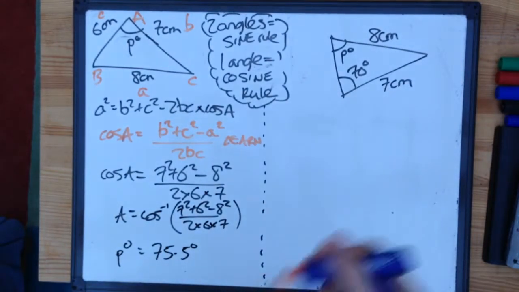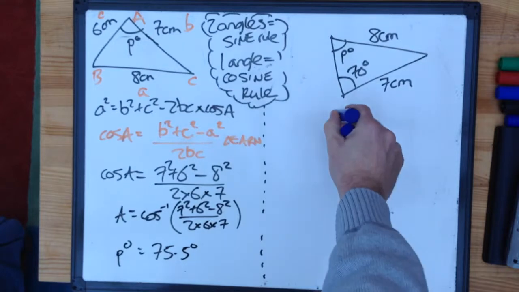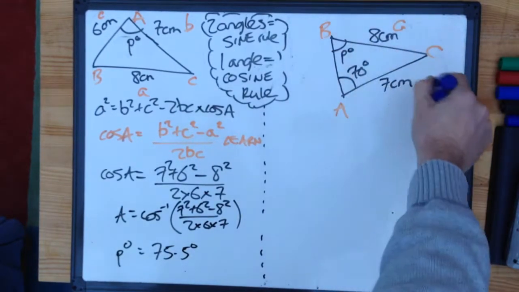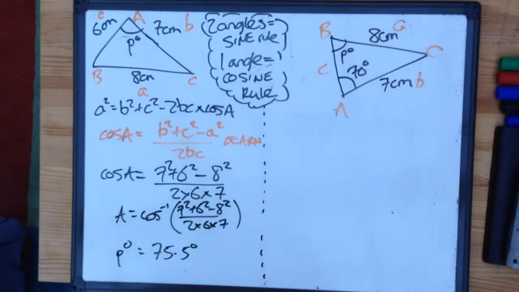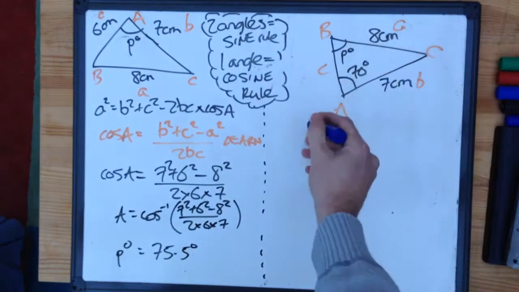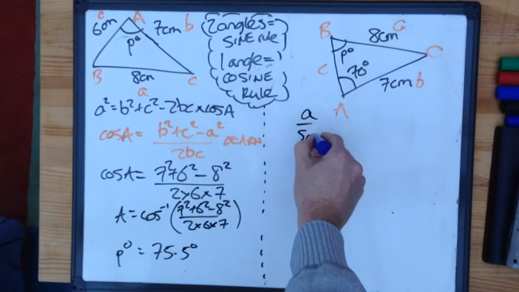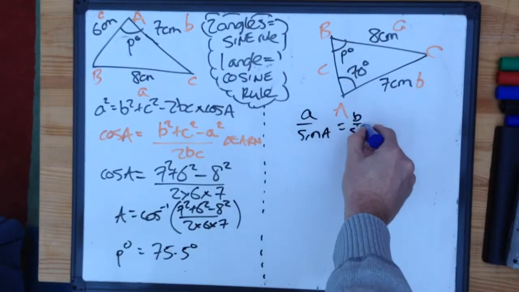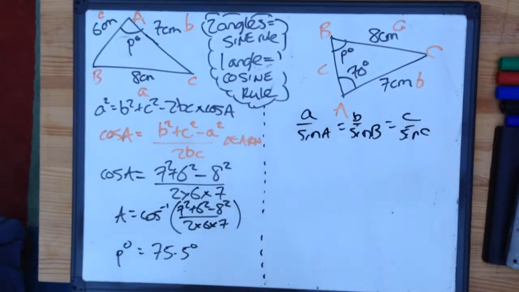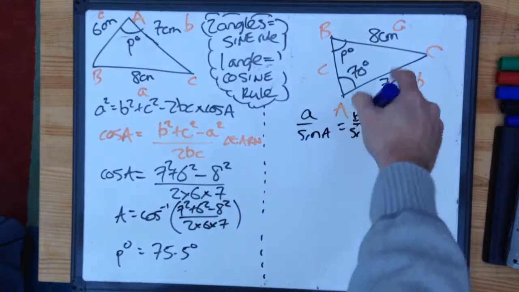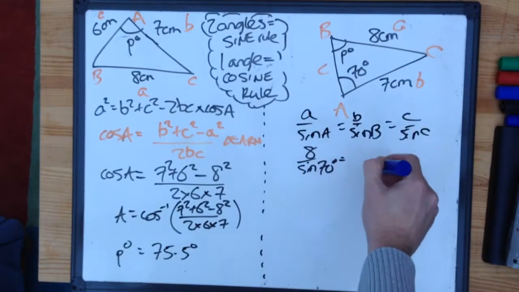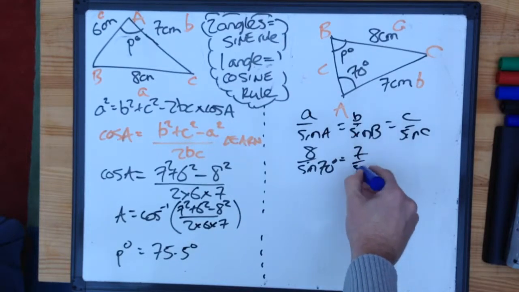Similar idea over here. It doesn't matter how we label the sides here. So we've got A, B and C here. Little a opposite A, little b opposite B, little c opposite C. Looking at what we've got, it's B and A seems to be the connection. So a over sine A is b over sine B is c over sine C. Given on the formula sheet, it looks to be that's the one that we're going to use. So a over sine A is 8 over sine 70 is equal to b over sine B, 7 over sine